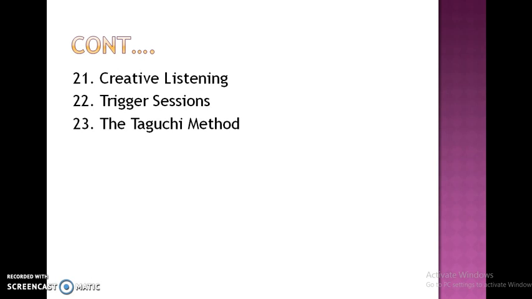The next method is the Taguchi method. A totally different way for a group to tackle a problem is represented by this method. For example, a team in a factory is looking for ways to optimize the efficiency of a production process. Using the Taguchi method, the process is made into a flowchart. All the participants, often the line workers, are invited to write down their ideas for improving the production process and send them as notes. The facilitator then clusters the notes to try to build the overall process